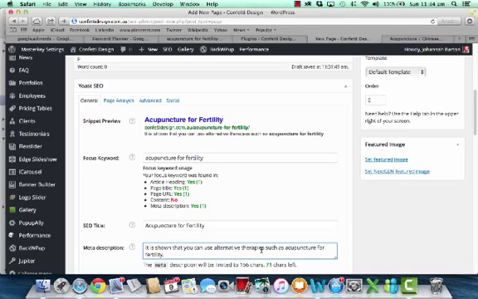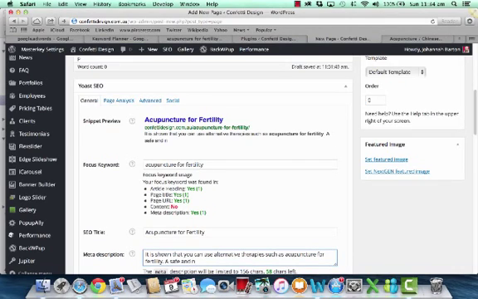That you can use alternative therapies such as acupuncture for fertility, a safe and natural way to help